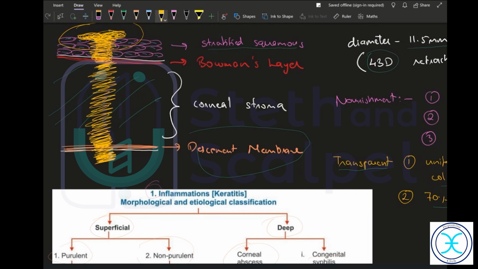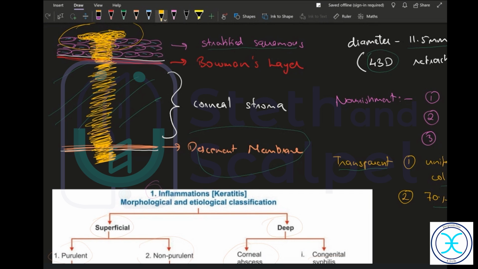Yeah, so we'll just carry on. How do you examine the cornea? What are the different things you'll check in the cornea? Sensation. Reflex, corneal reflex. Can someone tell me how do you check the corneal reflex? With a wisp of cotton, we ask the patient to touch. If the patient reacts to it, we can elicit that reaction.